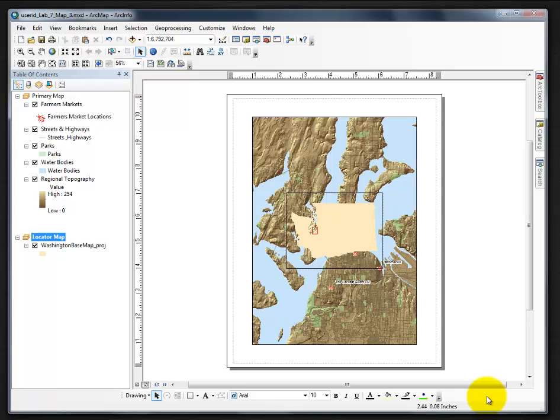Now that we're in layout view, there again are two maps on the page right on top of each other, which is okay for now. And we do have that extent rectangle and a 0.5 red. In the layout view, we also have access to a number of other tools that are not available in data view. These are located on the layout toolbar, and they include the zoom and pan tools that will zoom and pan the layout document without impacting the scale or extent of the maps,